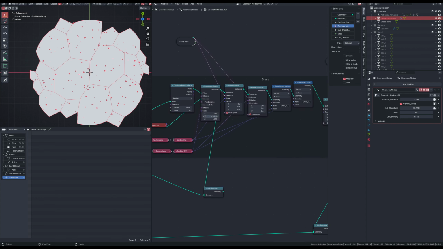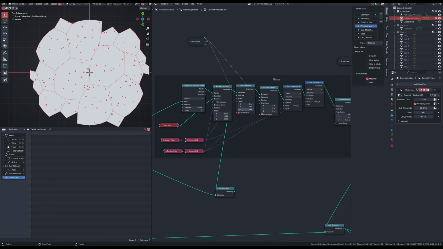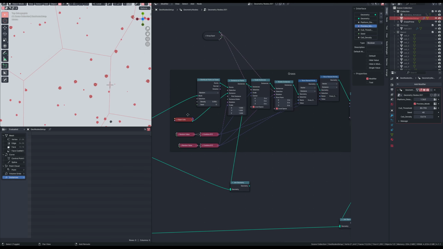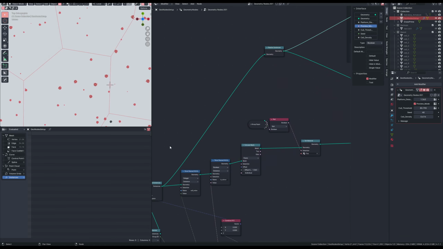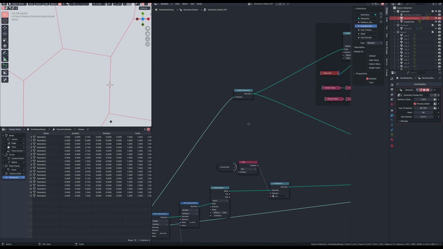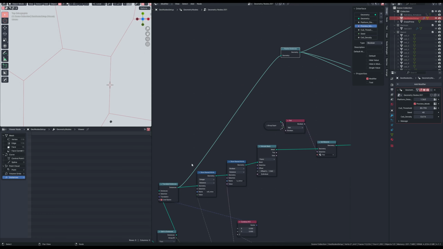So in this frame, let me move this over a little bit, is everything I need to spawn my grass instances. I'm feeding in a mesh, so here's our primary input into this frame. We've got our mesh data, which in my context are the actual faces. If I go over here, you see in this context I'm working with instances. I want to convert those instances into actual mesh data, because if I don't,